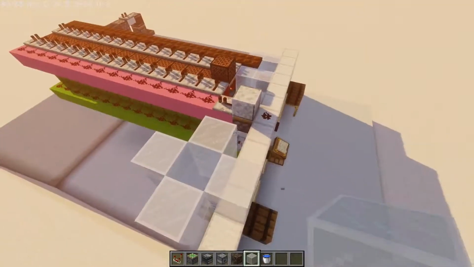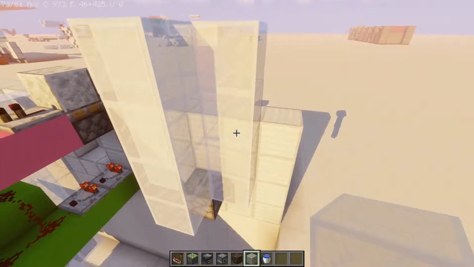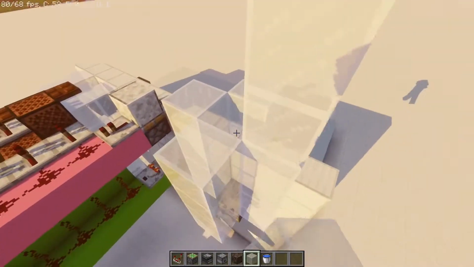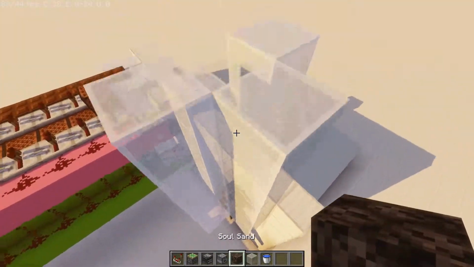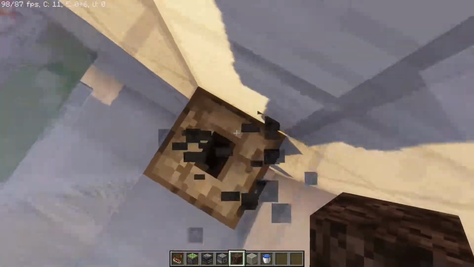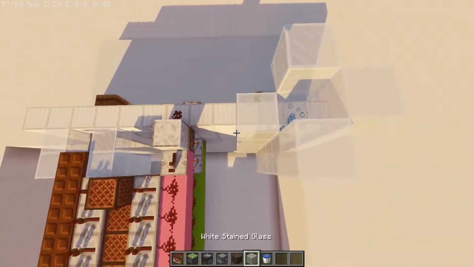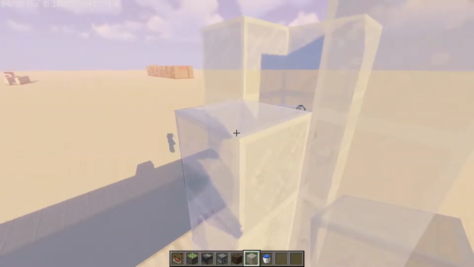Right about there. Build it up 1, 2, 3, 4, 5, 6 blocks high. Leave this block open. Place your soul sand at the bottom and get the water in. Don't place the water at the last one, because we're going to be putting